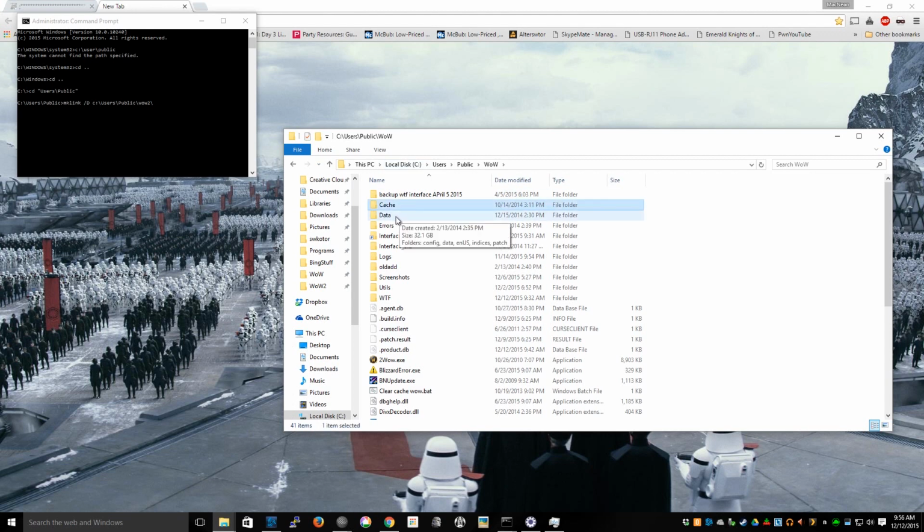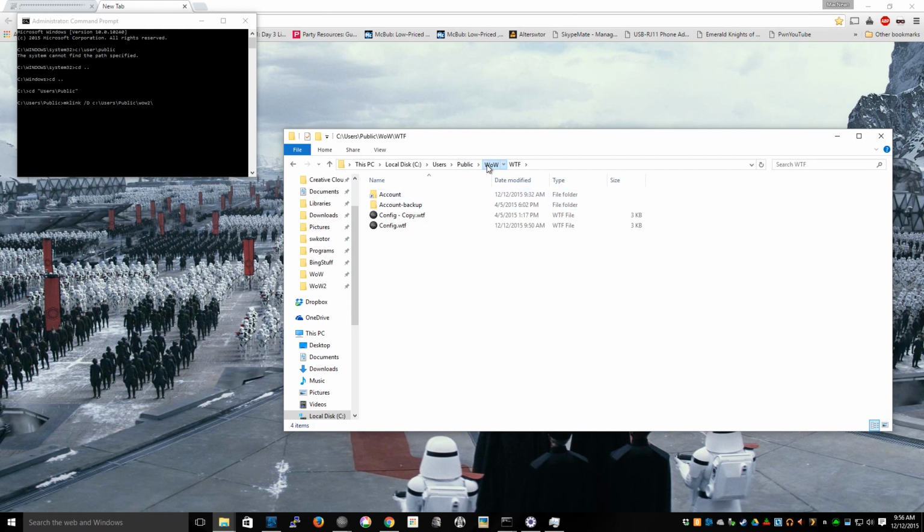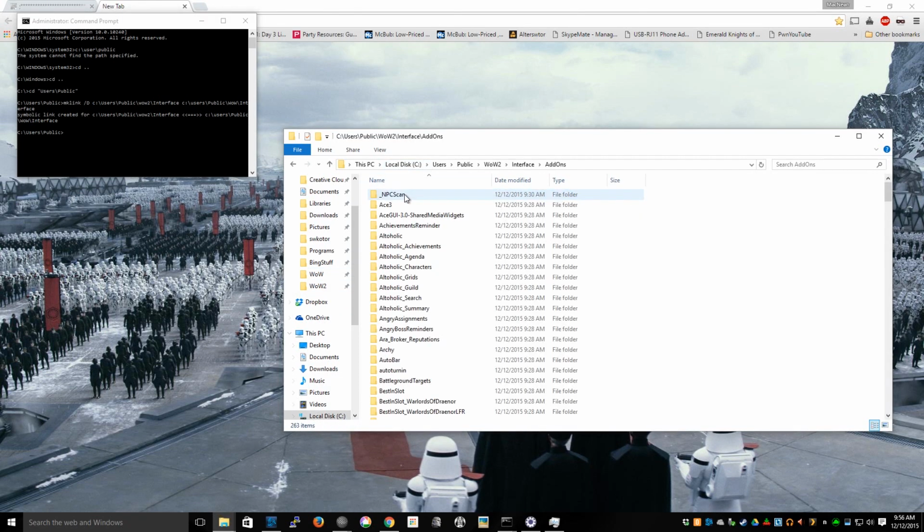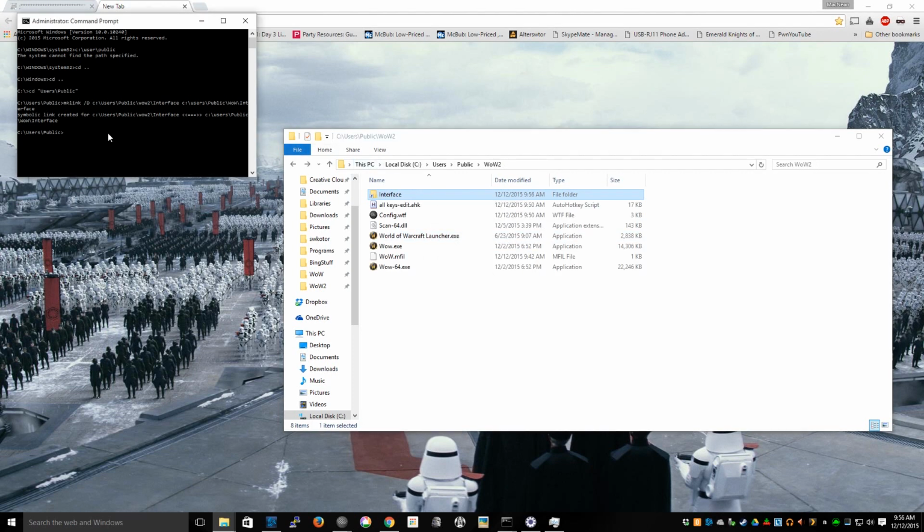We need cache, data, interface. We need the account under WTF. You can already see that I use Dropbox to back up my interface and my account folder, so they're already symlinked twice. I'll show you that in a minute. So we're creating a new folder called interface, and we're going to link it to the first folder, interface. And what you can see with that is, if we double click interface, we've got all our add-ons and everything. So basically you're just doing this for data,